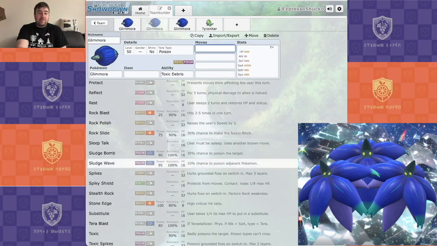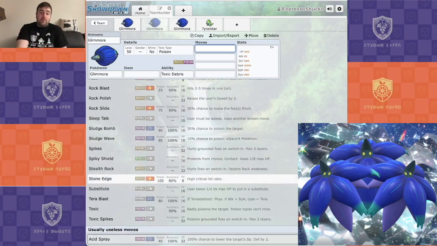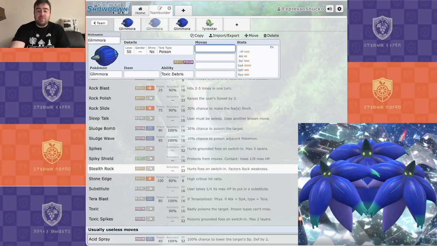Let's see, we get Sludge Wave as an alternative, like a spread move for poison type attacks. We can go with that. Yeah, that's pretty good for doubles. And then the other thing too, and this is probably going to be more of a singles thing than